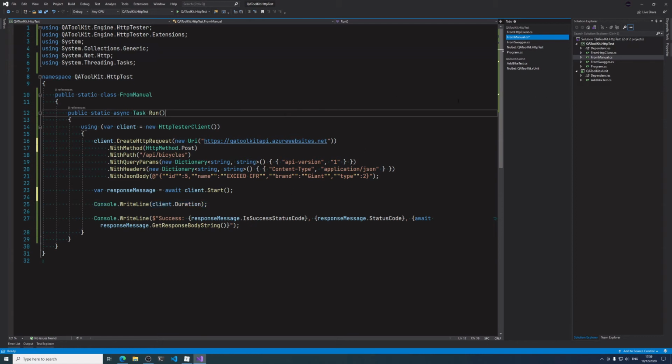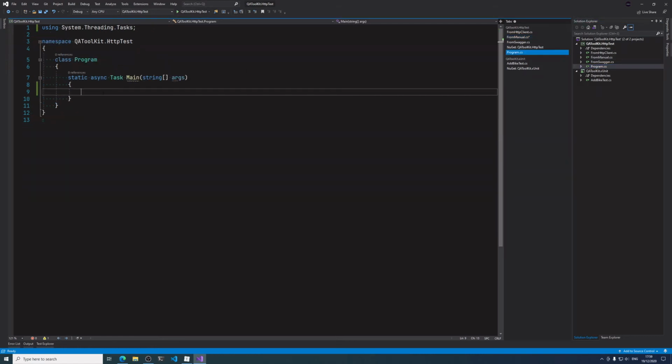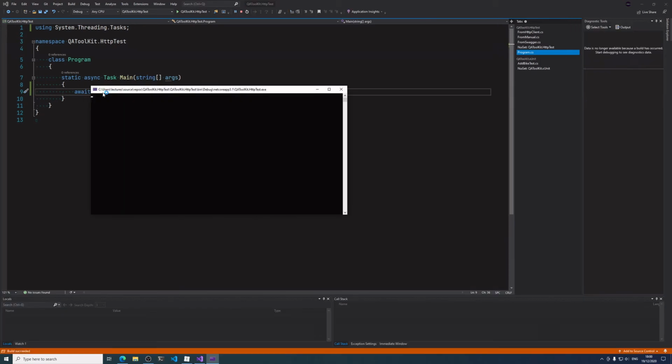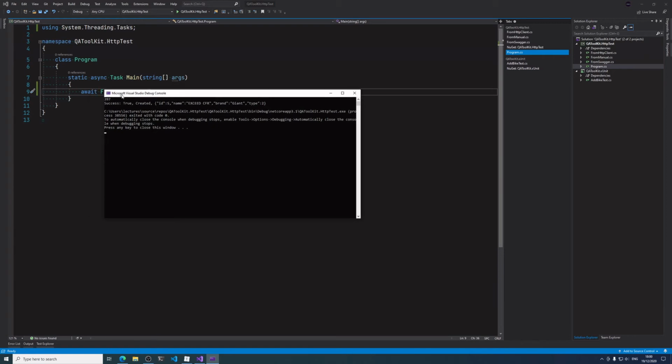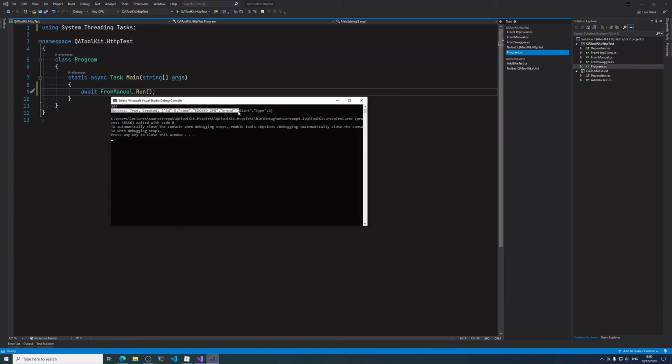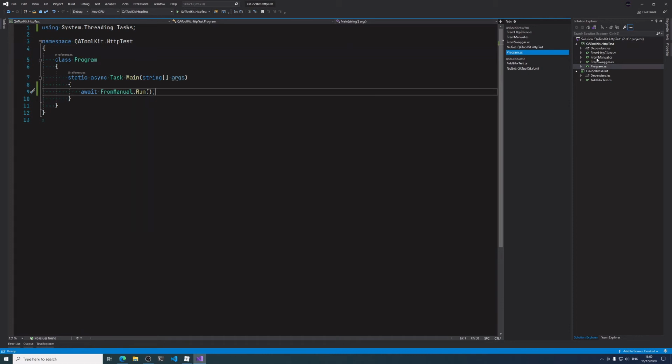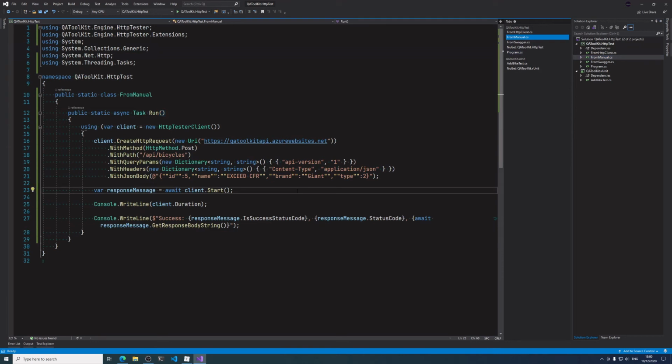So maybe let's just run this quickly. If we go to program, let me just do from manual dot run. So let's just run this. Hit F5, and yeah, so the first line is our milliseconds, so how long the request was executing, and then the result. So it's basically success created and the stuff we passed in. So if I go back here, well, this is all good,